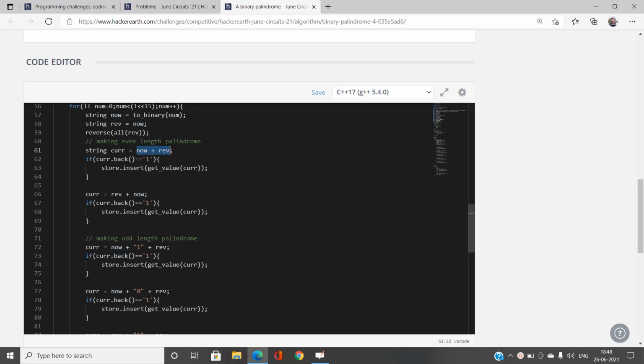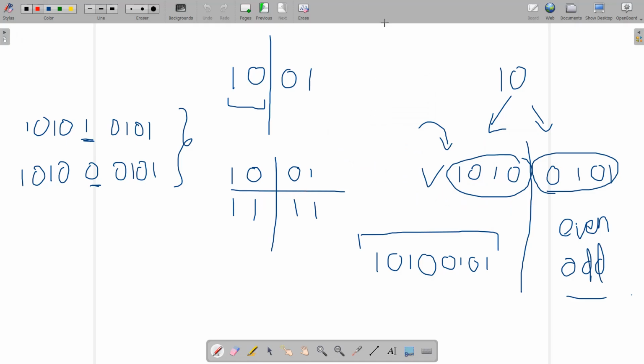And I need to check one condition: if current dot back is equal to 1, then only I can do that. The reason is very simple. Suppose you try to find the binary representation of some number like 01. If you duplicate it, reverse it and append it, it will be 10, so you will have 0110, but this is not a valid binary representation of a number.